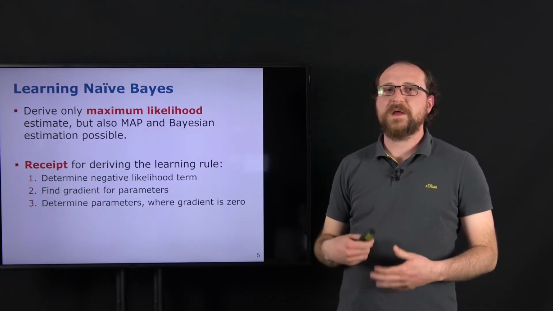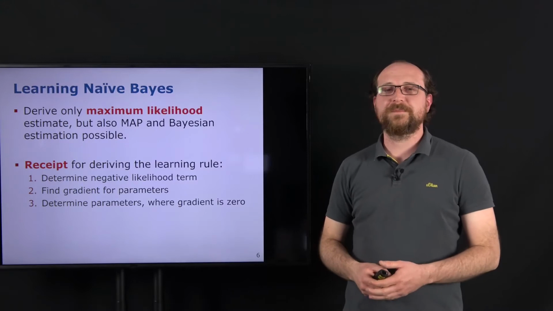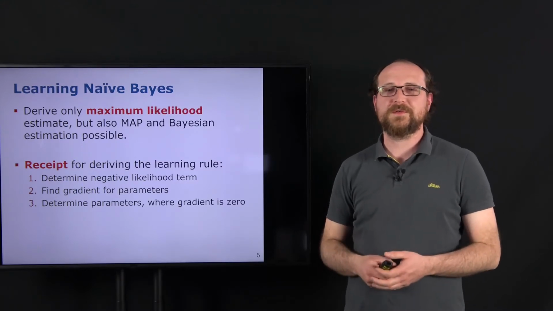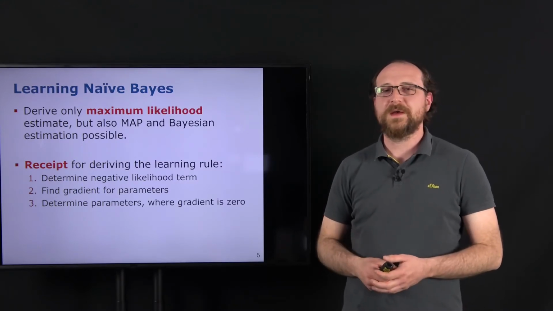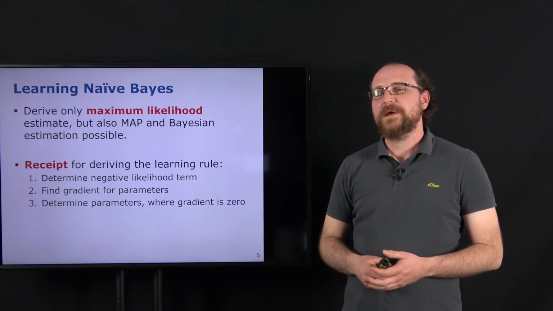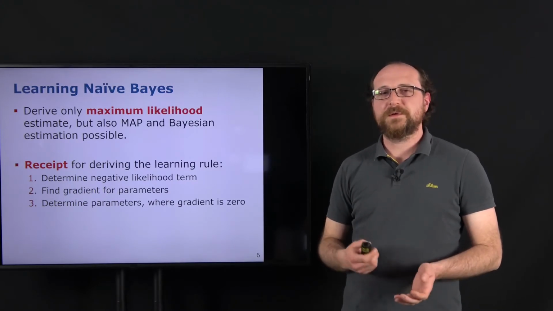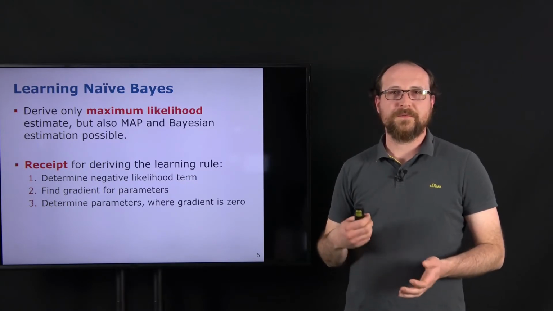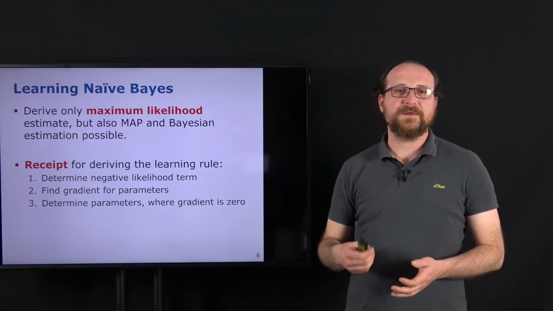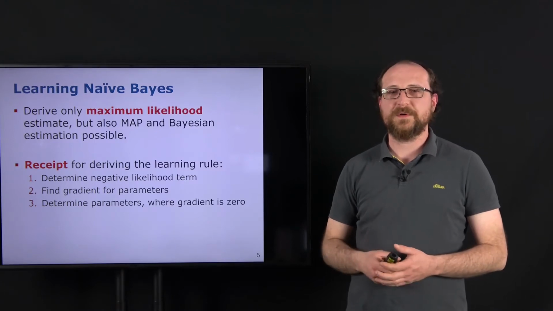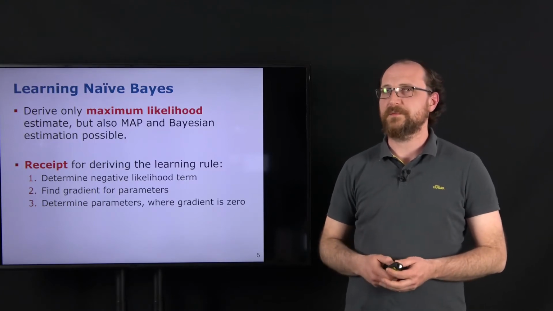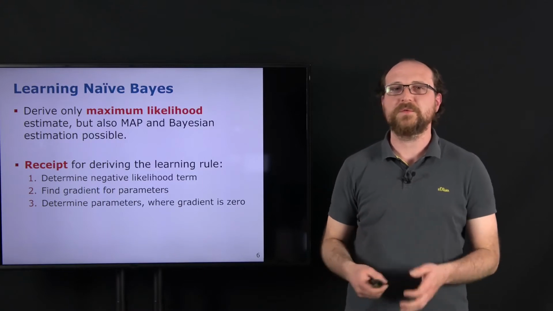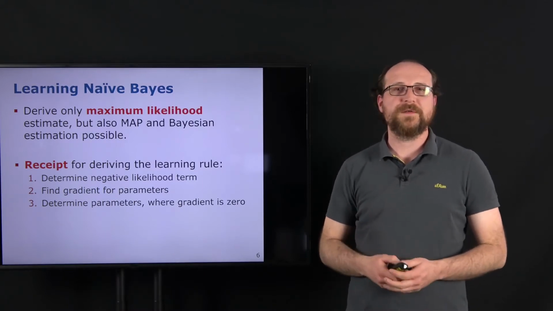And as you might have noticed from last time, the usual recipe to do this is by first deriving the negative likelihood term, then using the gradient of the negative likelihood to find the parameters by setting this then to 0. So determine the parameters where the gradient is then in the end 0. So this recipe we will now use all the time to derive in the end the learning rule